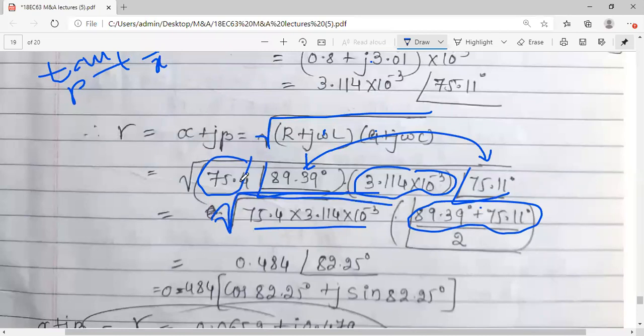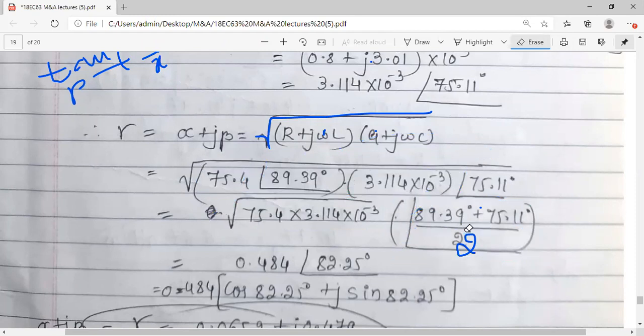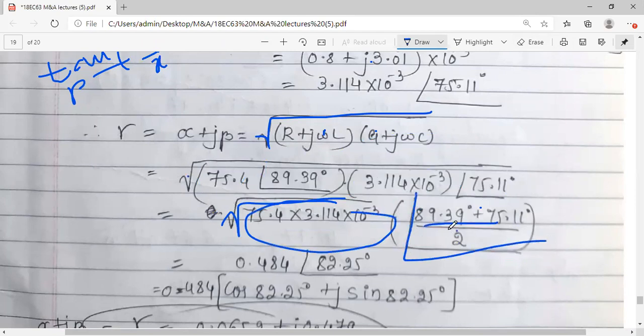As it is a square root, I have to take the angles divided, because when you apply log, it will come to 1 by 2. Logarithms you have studied. So applying that concept, whatever square root is there in your question, while solving, you have the square root here. So here you have applied it, the square root of the magnitude. But what about the angles? Angles are also under the square root. So angles should be divided. This 2 comes because you have a square root. Okay, so I think you will get this much as the answer, 0.484,